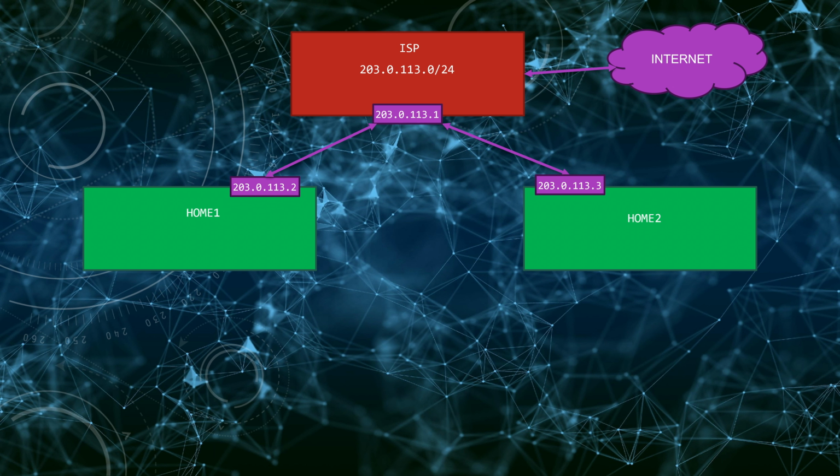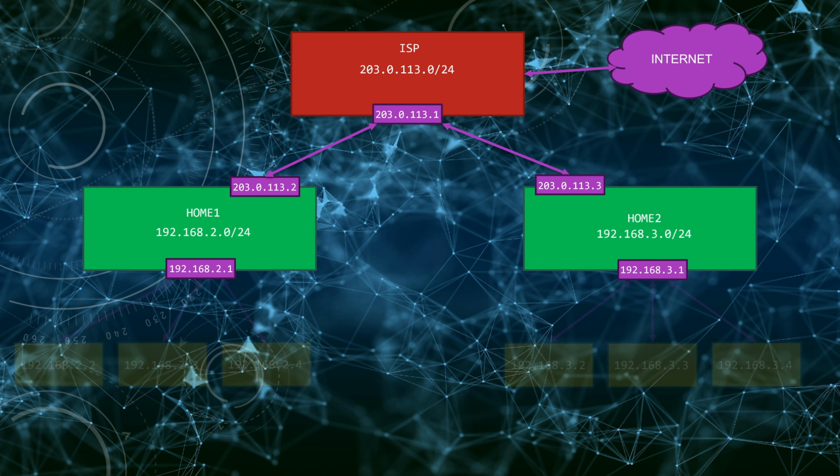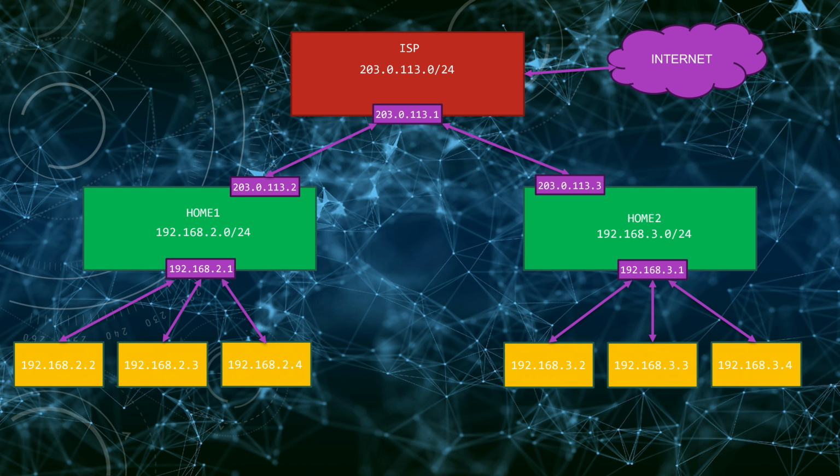Every home has multiple devices that need internet access, and we have only a single public IP. What we can do is share that public IP among all internal devices. For that to happen, we need to create a private network from the RFC 1918 range. Let's say 192.168.2.0/24 for Home1 and 192.168.3.0/24 for Home2. This will allow us to have over 200 devices inside our home network, each having its own